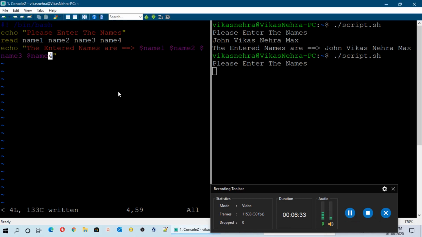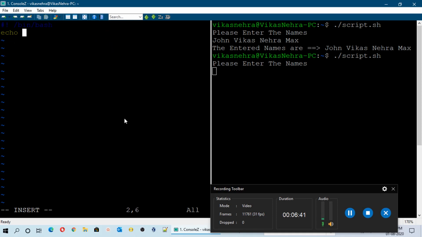So again, let's go to this window on the left side, and here we will remove everything from the script file. Now I will show you how we can take the inputs on the same line of the message prompt. So here, there is no need to mention the echo command in the beginning.